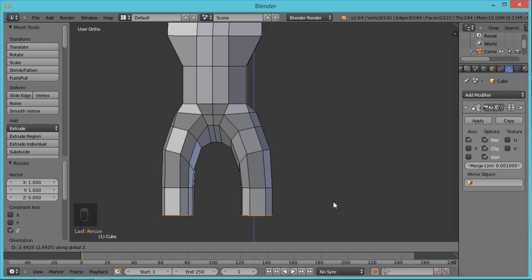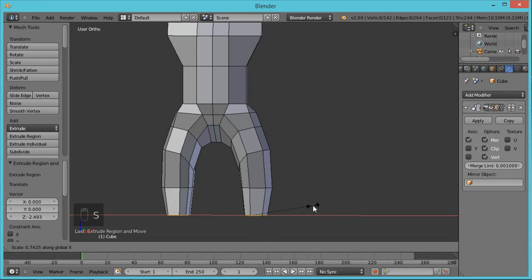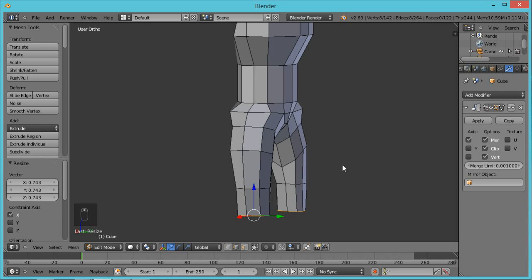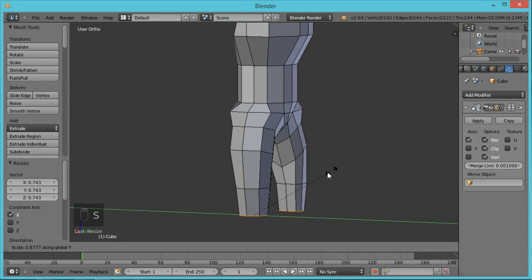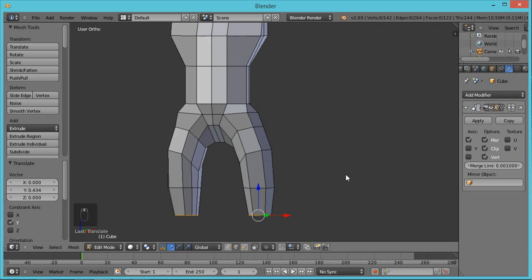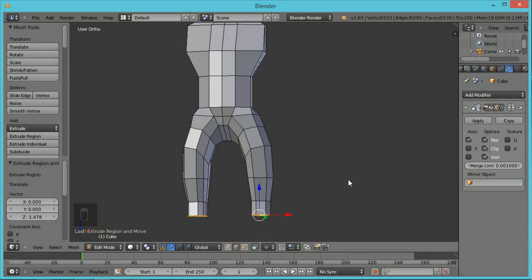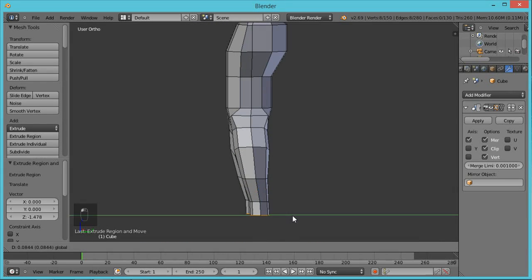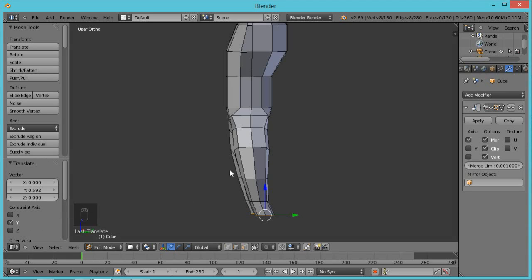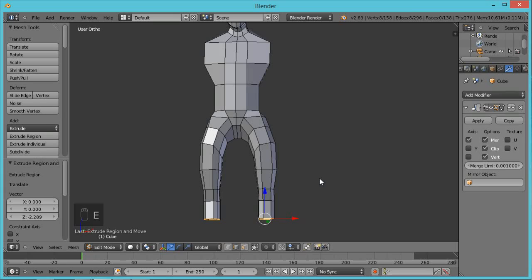So you're going to hit E to extrude, Z to go down, S to scale on the X-axis, turn to the side, S to scale on the Y-axis, pull it back just slightly. All right, now we're going to hit E to extrude again, the Z-axis, and we're going to just pull this back just a little bit more. Now you're going to hit E to extrude, Z-axis again, S to scale on the X-axis,